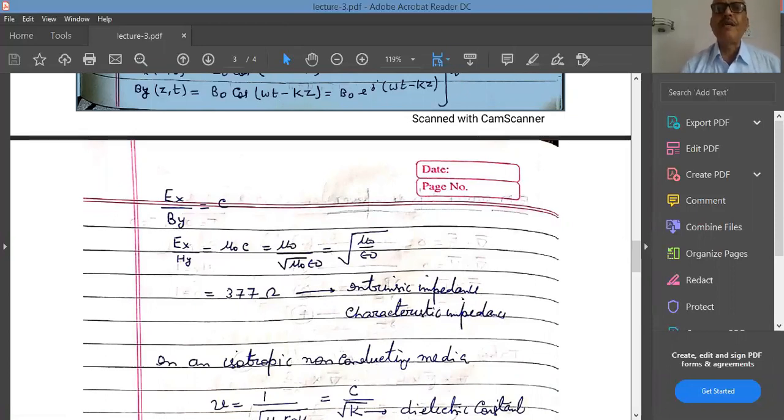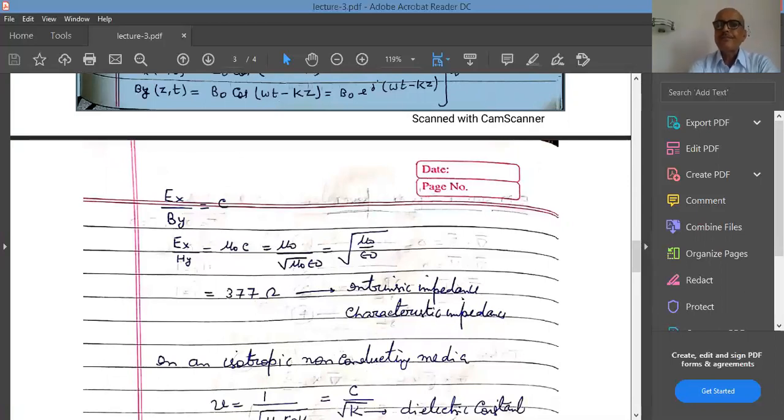Suppose now we translate the same thing. I am not going into the details. You will also come across that electromagnetic waves are transverse. Transverse means both the electric field and the magnetic field vector are perpendicular to each other, and they are also perpendicular to the direction of propagation. You can see yourself, X is the direction of the electric field vector, Y is the direction of the magnetic field vector, and Z is the direction of propagation of the wave. The pointing vector P is equal to E cross H, also pointing along the direction of propagation of the wave.